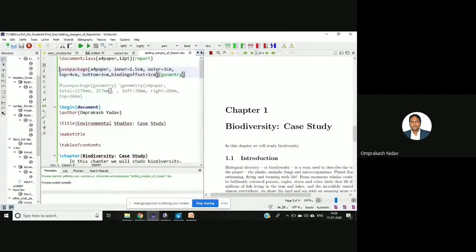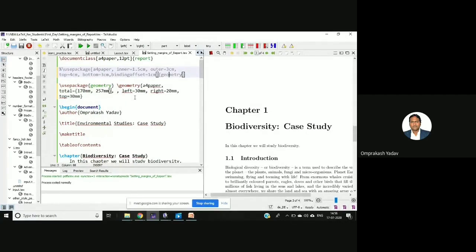One more approach is there. I'll just comment this. How to comment? You can just put one percent sign over there, so it will basically comment it. One more option is there. Here, the geometry thing. For example, here I mentioned it in the curly brace, clear? But by using this, after the curly brace, I am again saying \geometry.